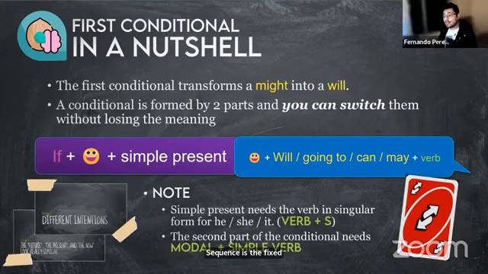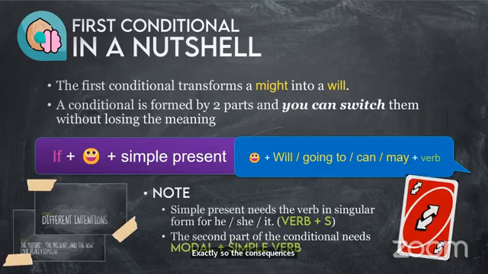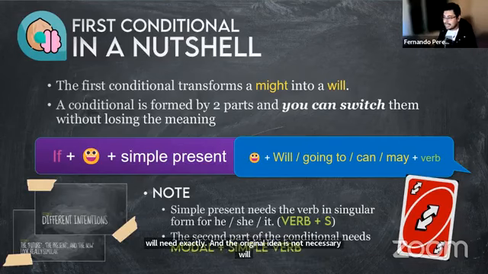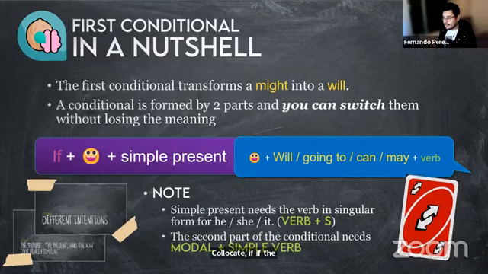Exactly. So the consequence is will. Okay. I will need. I will need, exactly. And the original idea is not necessarily will. Okay. Collocate if the car. Exactly. If the car,